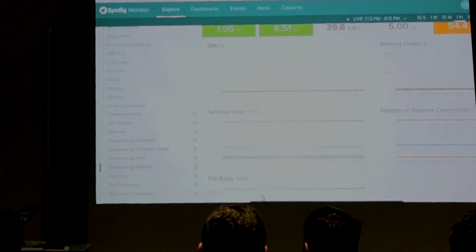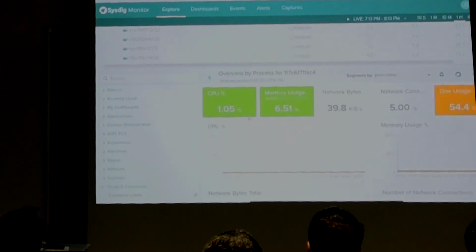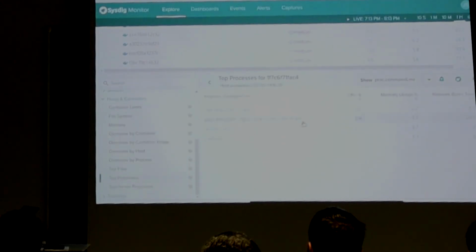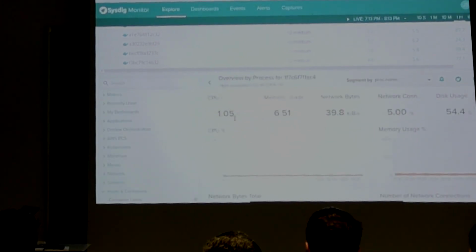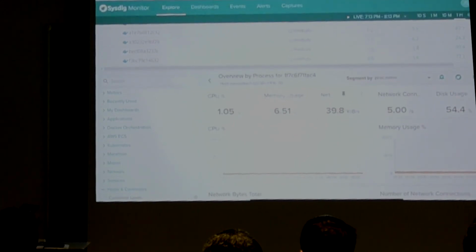When I come here and do an overview by process of this container, I can see the Sysdig agent processes running here. If I apply one of these views, I can see that this specific container is using 1% of CPU, 6% memory, and this amount of traffic.